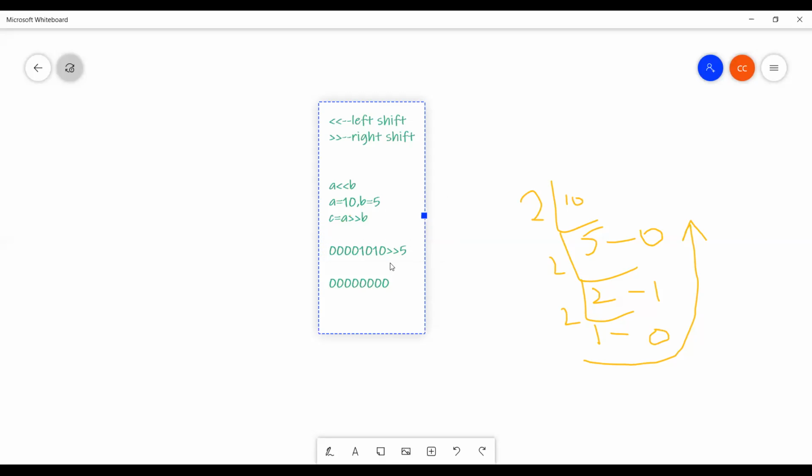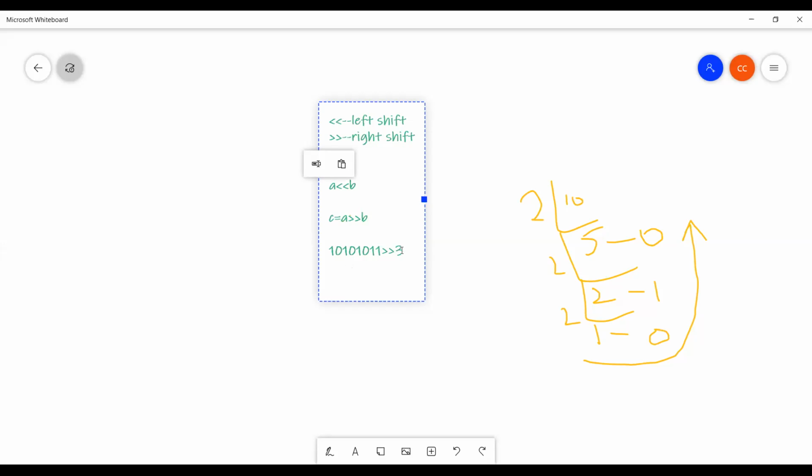Okay. Next, suppose for example, I take 1, 0, 1, 0, 1, 0, 1, 1, 1. How many bits are there? 1, 2, 3, 4, 5, 6, 7, 8, 9. See here, 1, 2, 3, 4, 5, 6, 7, 8 bits are there. In general, I will use the right shift operator and 3. You forget about the previous values. Okay. 1, 0, 1, 0, 1, 0, 1, 1.